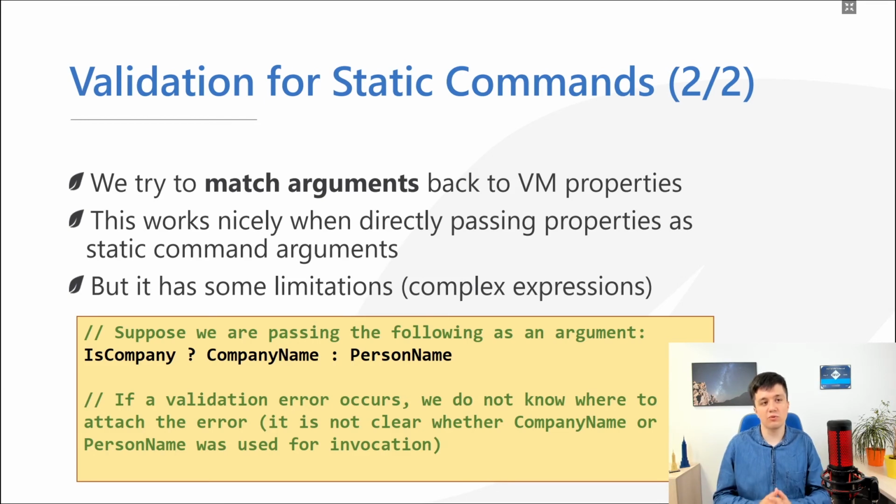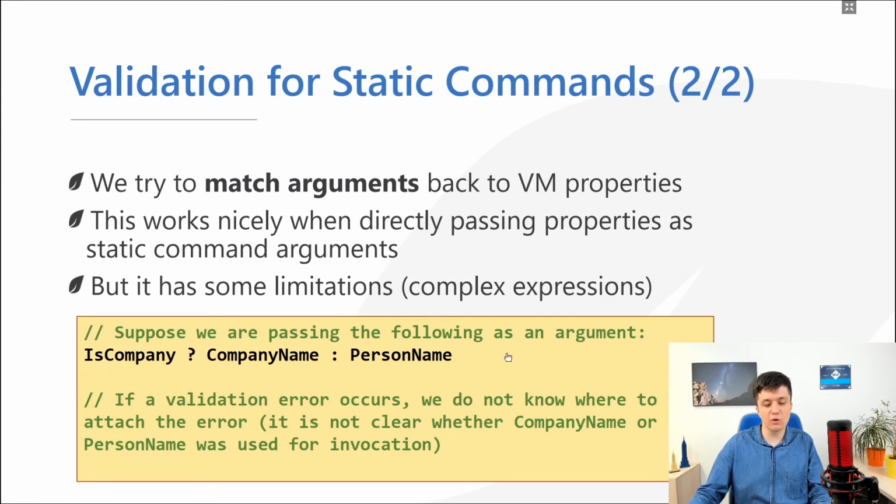But you can also write some more complex expressions. What we are basically trying to say is that when you provide us with this validation error for your argument, we will recalculate this path and try to match it to that absolute path inside your viewmodel, so that the error will be attached in the same way as you are used to right now. Of course, there are some limitations. So for example, if